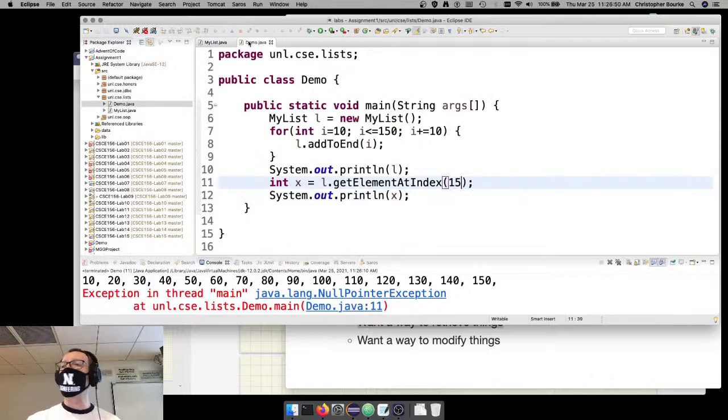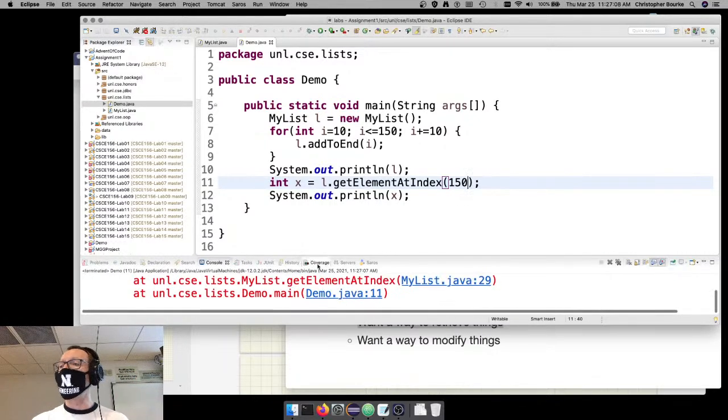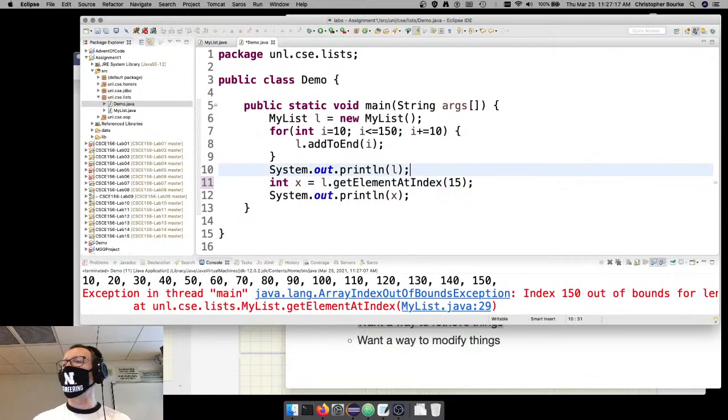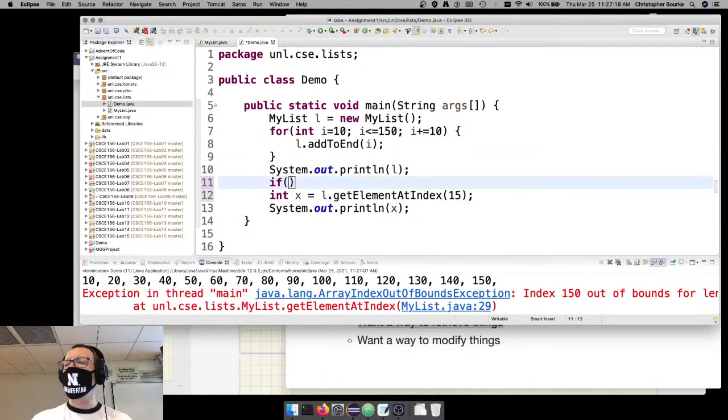So it's not even the right kind of error message because of this leaky abstraction that I'm kind of leaking out the information that there's extra capacity here that you don't know about. You get a null pointer exception instead of an index out of bounds exception. If I did something at index 150, certainly there's going to be an index out of bounds exception because the capacity is only 20. That's way beyond 20, right? Okay, fine. I'll check. Here's my index, int